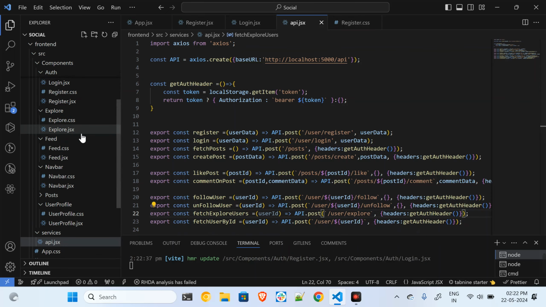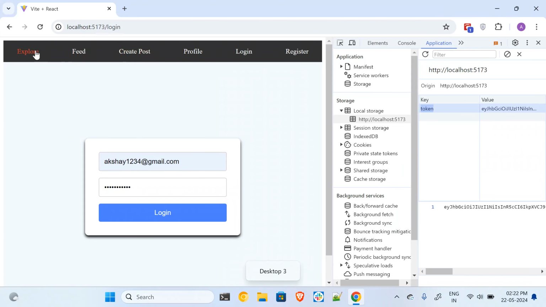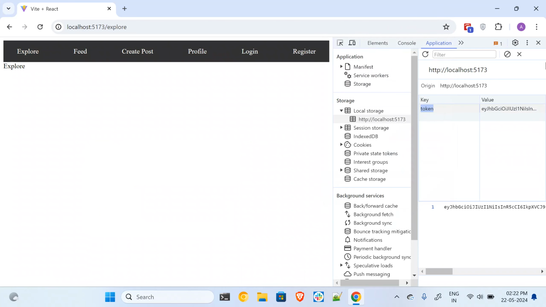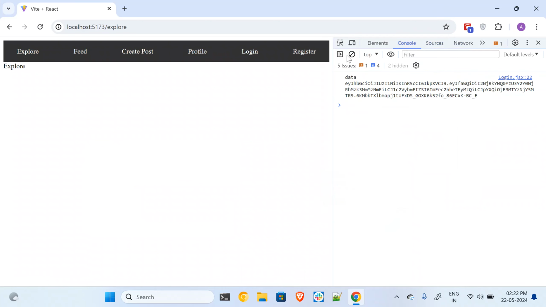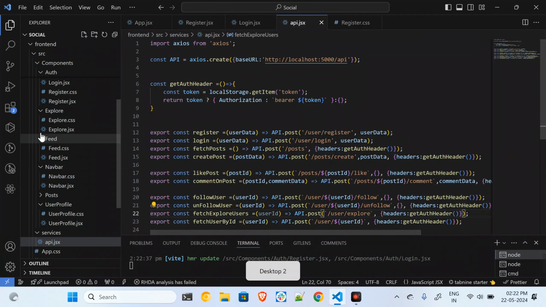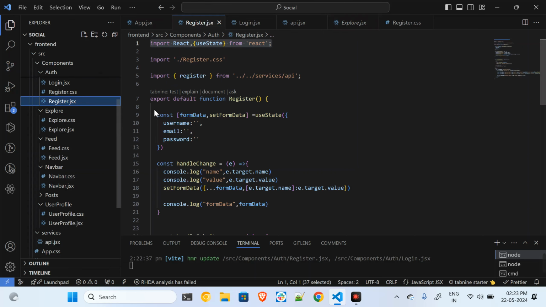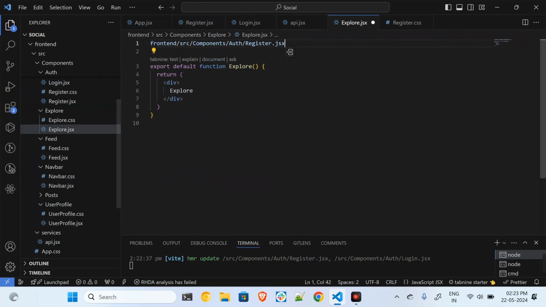So now what I will do, I will show you how to design this explore page over here. So as of now, explore page is empty. So I will go to my explore page and start designing it. So when it comes to the explore page, it will have some of the functions and HTML code. Okay, so I will do one thing. I'll go to the register. I will copy this. I'll go to the explore page. I will copy, paste,